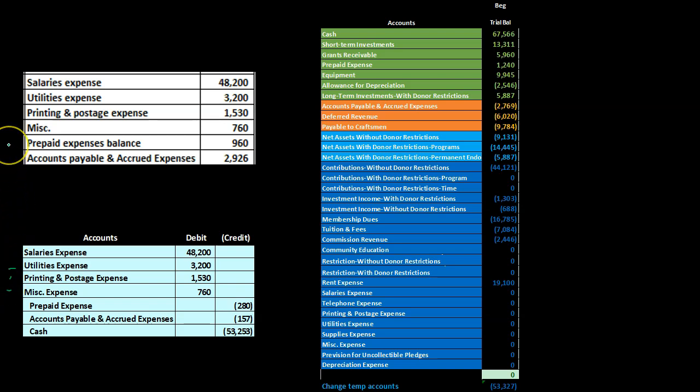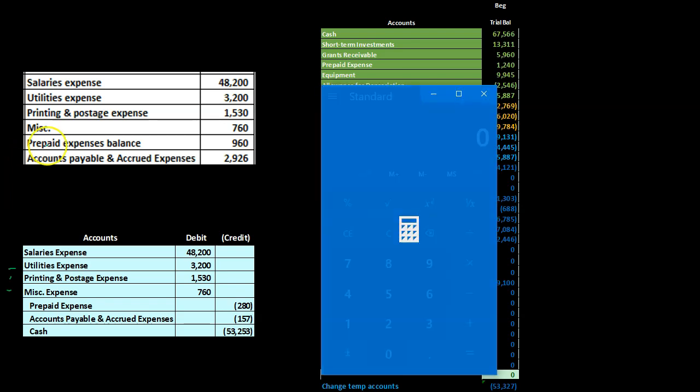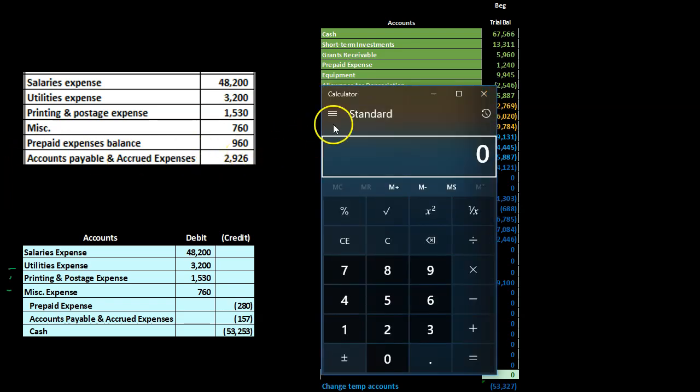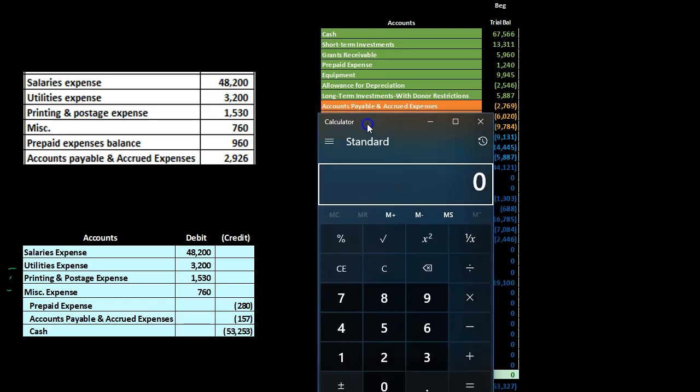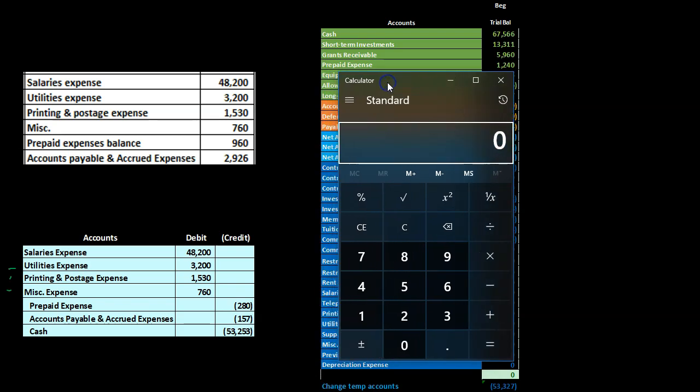We're also going to record the prepaid expense balance, which you can think of like the adjusting type of entry. We're going to think about what's in the prepaid expense balance and adjust it to this 960. So what's in the prepaid expense balance? We're going to look at the prepaid expense balance of the